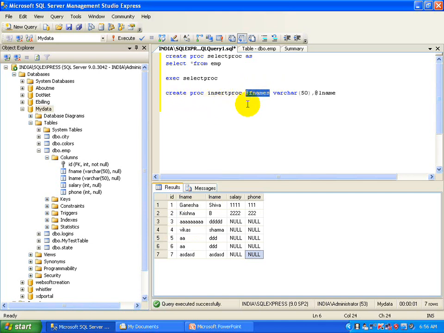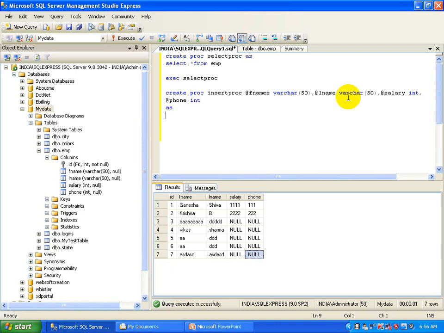Right here: create proc insert proc @fname varchar 50, @lname varchar 50, salary is an integer field, so right here @salary int, then @phone int.